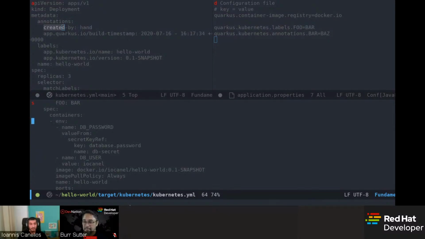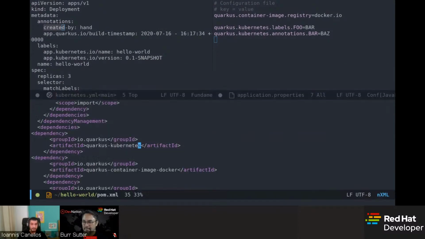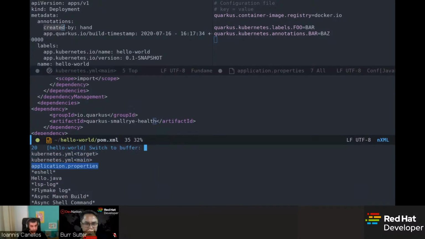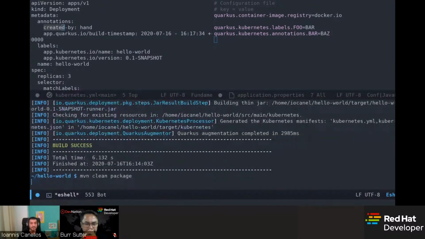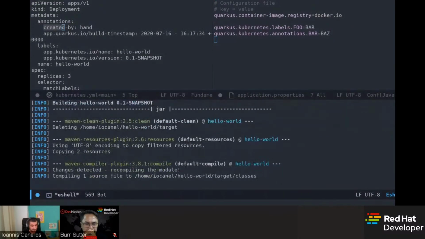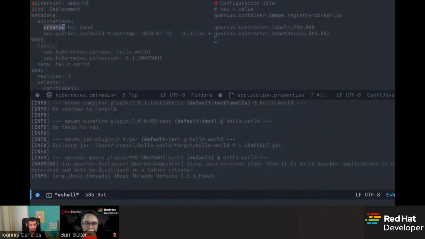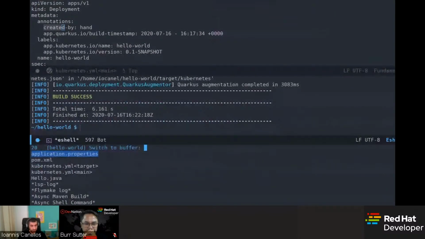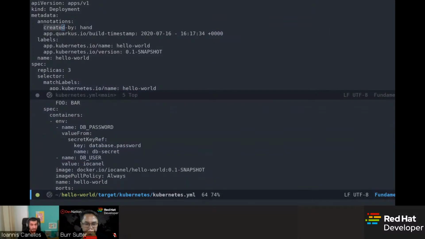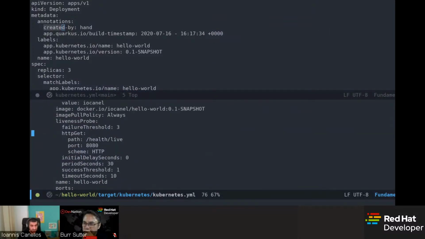Cool. Now, if I switch back to my pom.xml and add additional extensions, like for example, by adding the SmallRye health extension, and performing a simple mvn package, I expect to find the liveness probes, right,